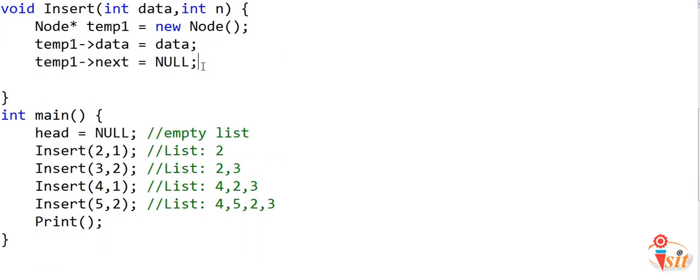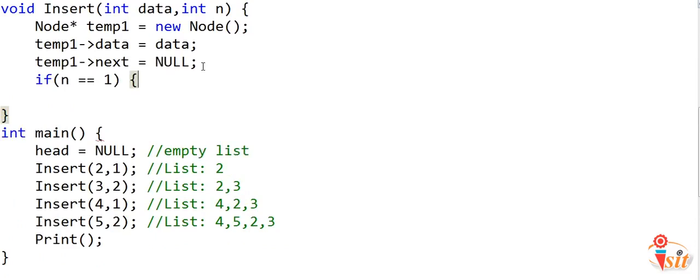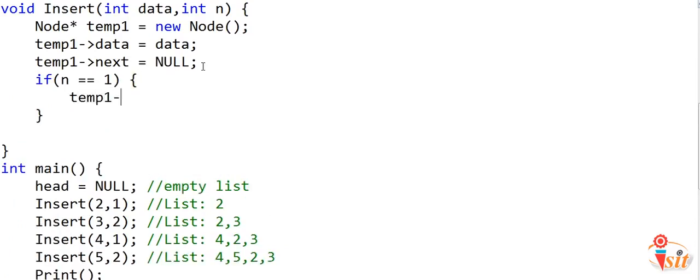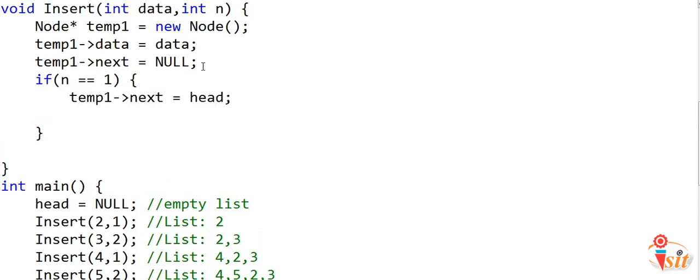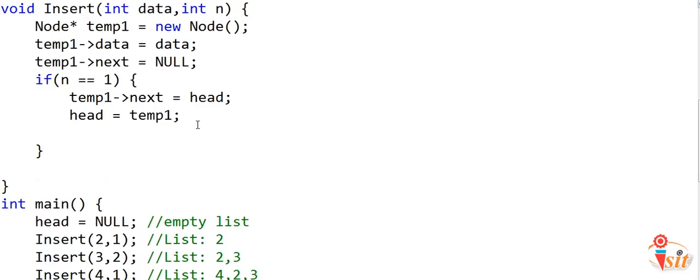We first need to handle one special case when we want to insert at the head, when we want to insert at the first position. So if n is equal to 1, we simply want to set the link field of the newly created node as whatever the existing head is, and then adjust this variable to point to the new head, which will be this newly created node, and we will be done at this stage, so we will not execute any further and return from this function.